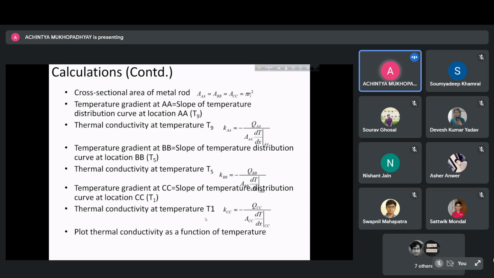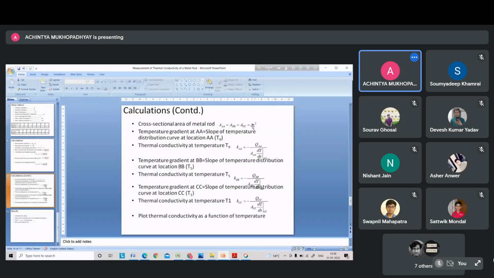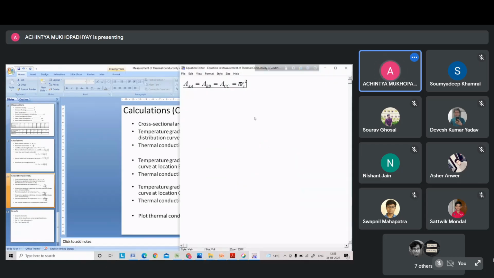Okay, so here I have a typographical error. Let me correct it. This should not be pi ri square. This should be pi by 4 d square. Okay, because ri is the location of the